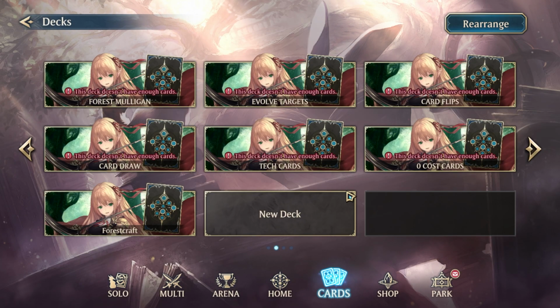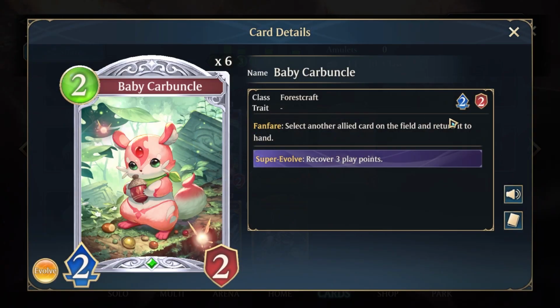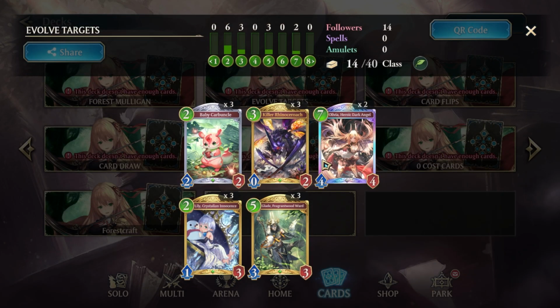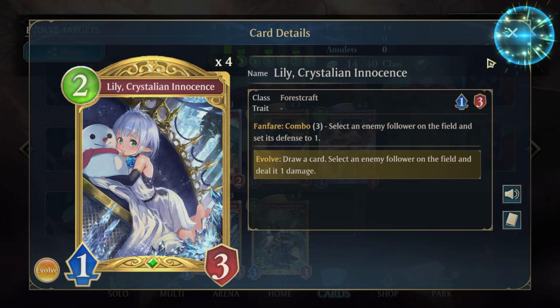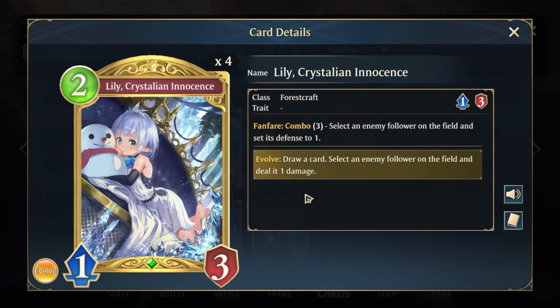Now we're going to talk about your evolve targets. All right, so your evolve targets are going to be Carbuncle, baby Carbuncle. It's going to be Roach, Olivia, Lily, and of course Glade, as we already talked about. Glade we already talked about is your board wipe. Lily's going to be the card that